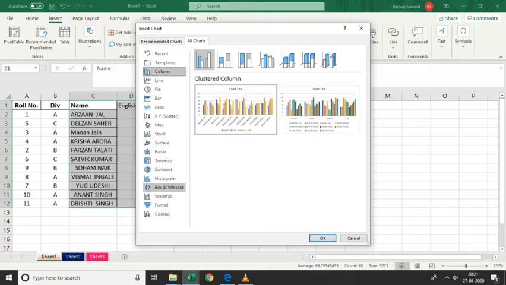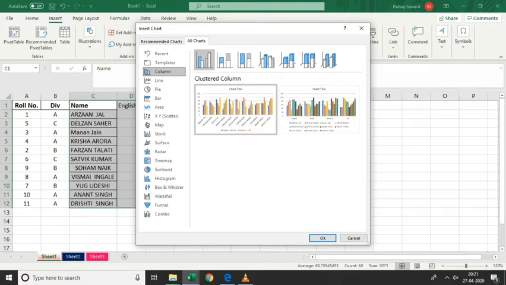Now as you can see, so many options are present. First let's see the simple chart, how to insert it, and after that I'll explain the different chart types. So I'll select the first column chart. When you select the column chart, you can see over here how it will get displayed.